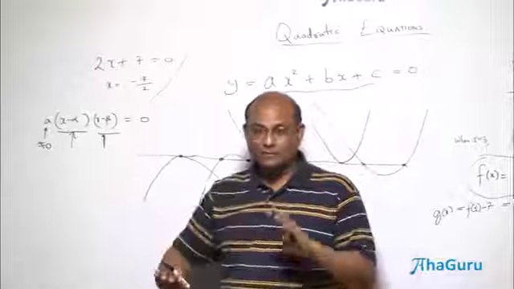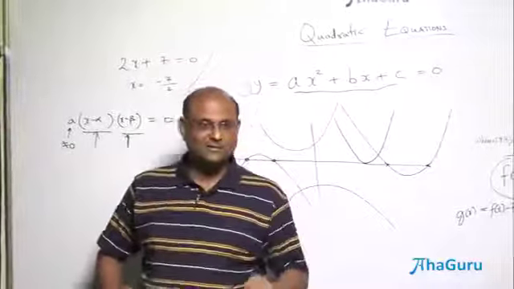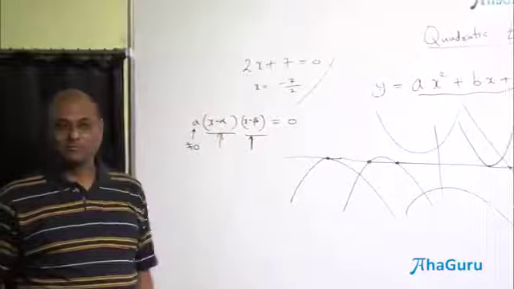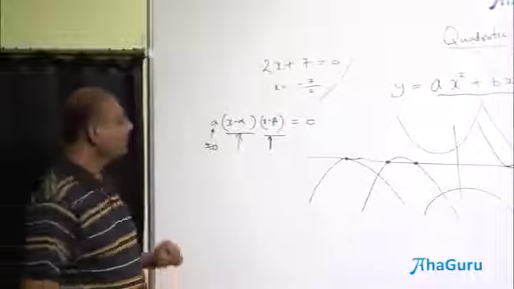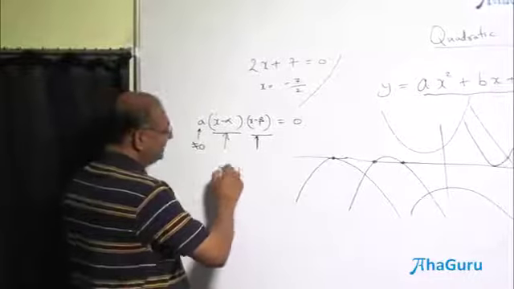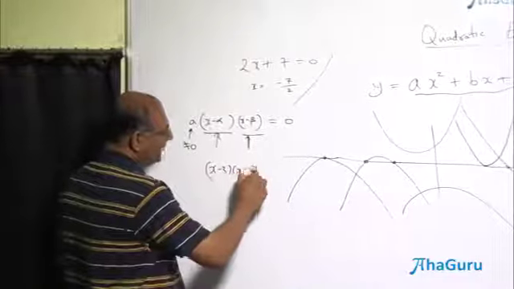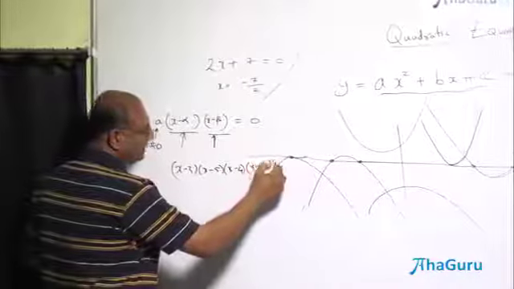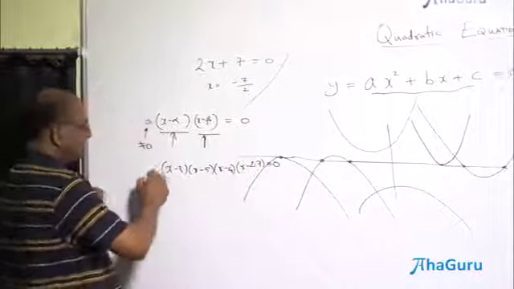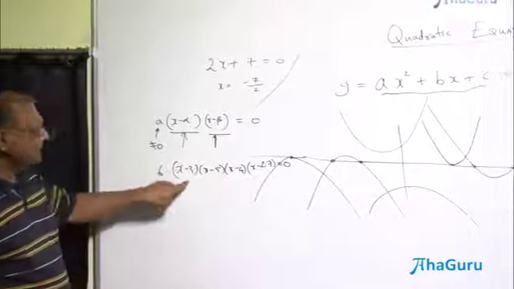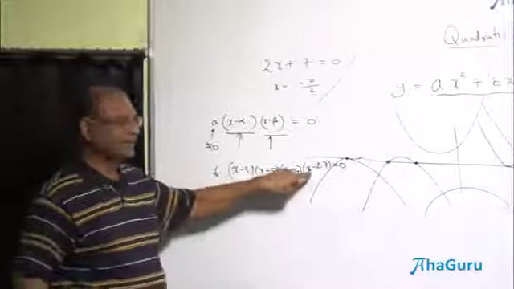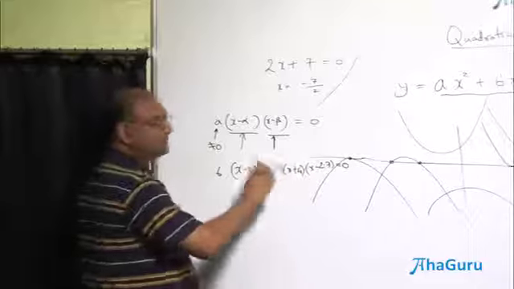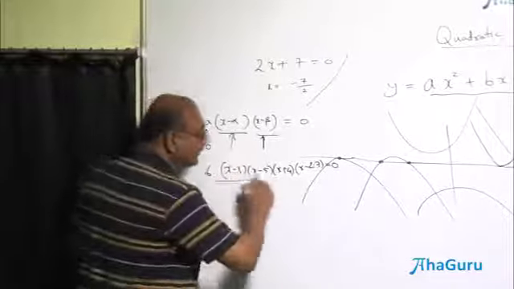By the way, does this work only for 2 things or does it work for 100 things? 100. If I had 100 things multiplied together that gives me 0, one of them has to be 0. Correct? So if I had x minus 3 into x minus 4 into x minus 5 into x minus 4, x minus 2.7 is 0, let us say 6 times, then the possibilities are x is 3, x is 5, x is 4, x is 2.7. These are the only possibilities, and if I put a plus here, x is minus 4. So these are the only possibilities.